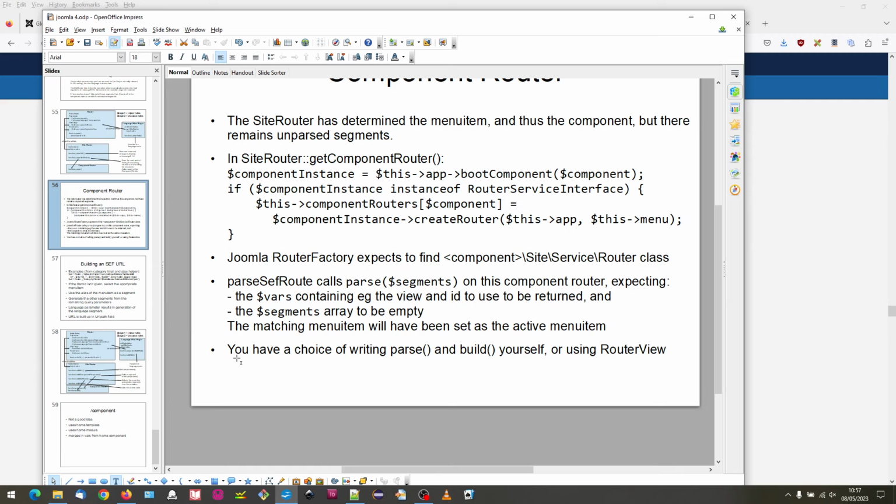Now here we've got a choice. We can either write our own custom router as we did in version 3 with our own parse and build, or we can use the router view class. Now I'm going to talk a little about router view in the next video, but if we just look at our own class here in our extension,